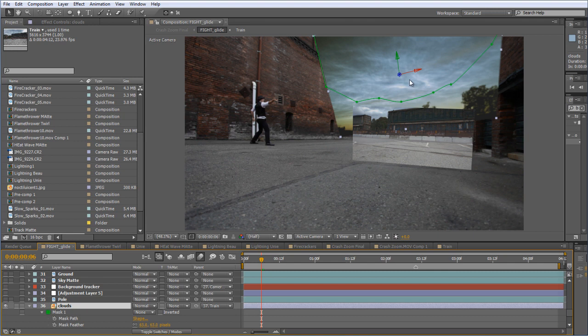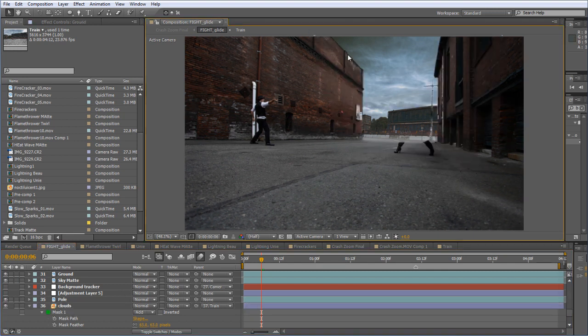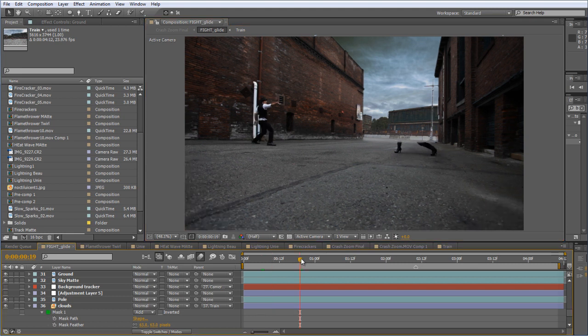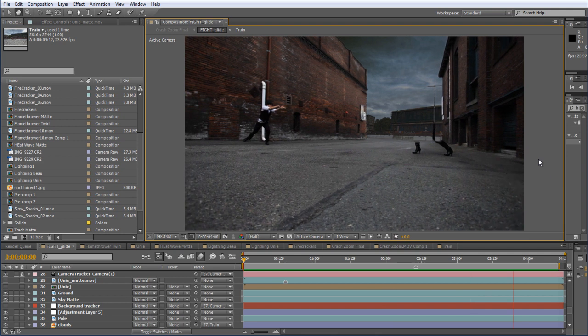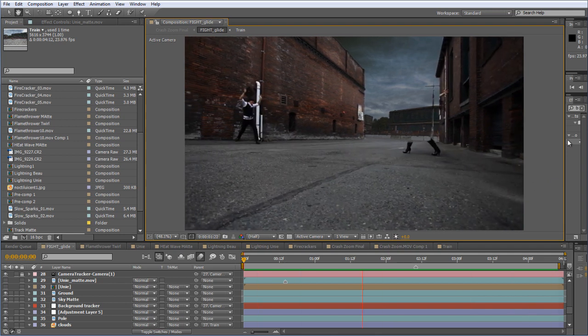The next step was to bring the foreground back in, and the easiest way to do that was just to make a mask and mask around the buildings. And now that the background was replaced, I used the curves adjustment to make the colors match between the buildings and the background. Once that was finished, it was okay to mask back in the female fighter, which was by